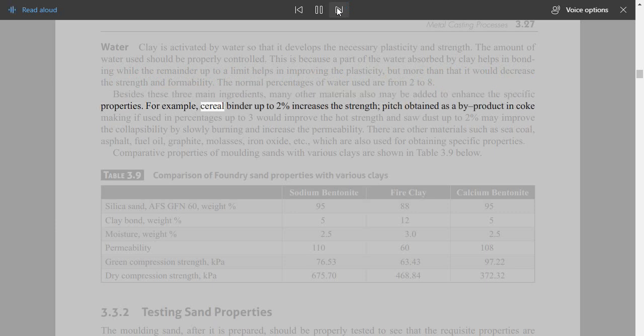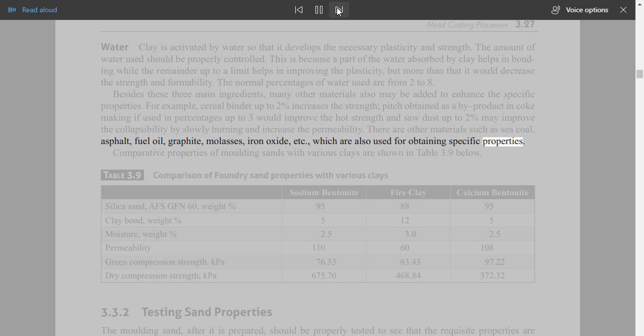For example, cereal binder up to 2% increases the strength. Pitch tin, a by-product in coke making, if used in percentages up to 3, would improve the hot strength, and sawdust up to 2% may improve the collapsibility by slowly burning and increase the permeability. There are other materials such as sea coal, asphalt, fuel oil, graphite, molasses, iron oxide, etc., which are also used